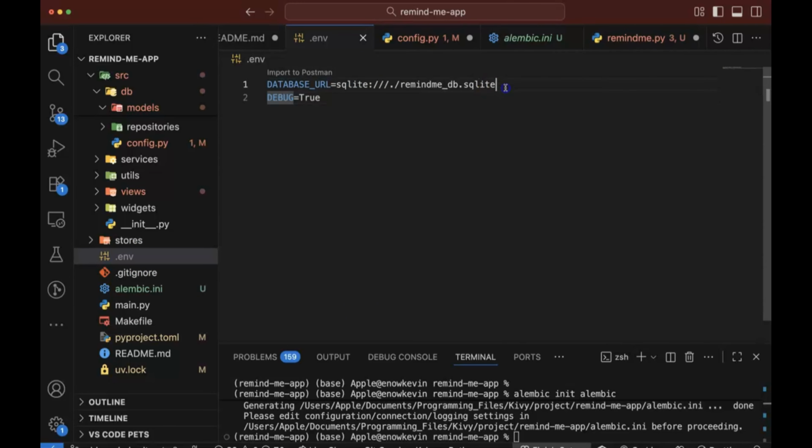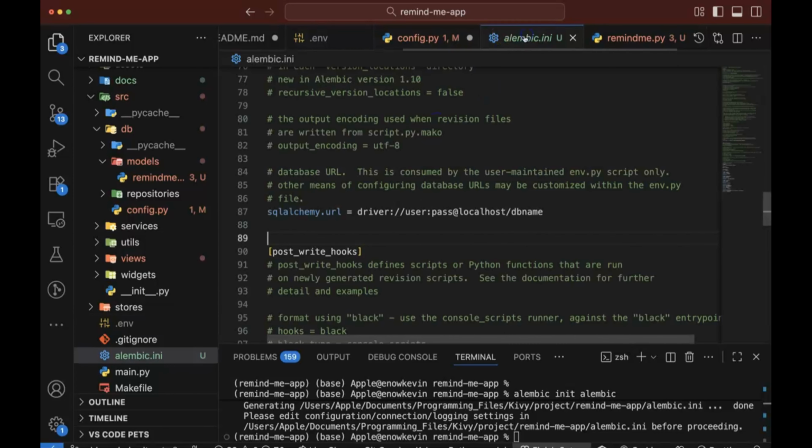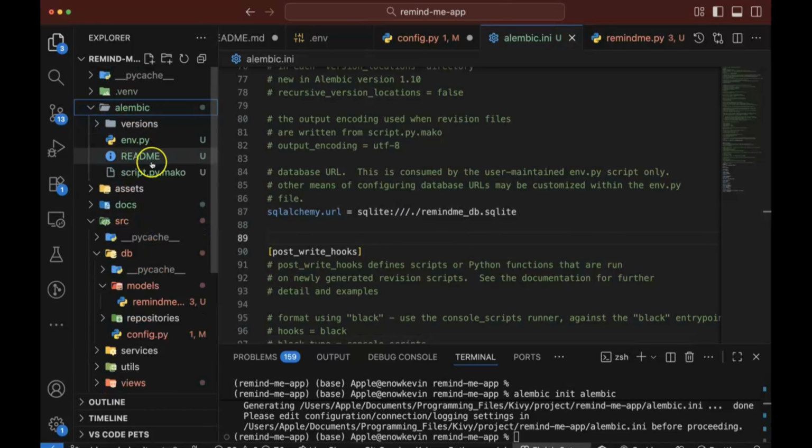I don't really know how to get the information from .env. Maybe someone can give me a hint in the comment section. So how do I consume my .env in my .ini so that I don't need to do this twice? Okay, so here I'm going to specify the database I'm going to use in the sqlalchemy.url. So save that and move to the alembic folder